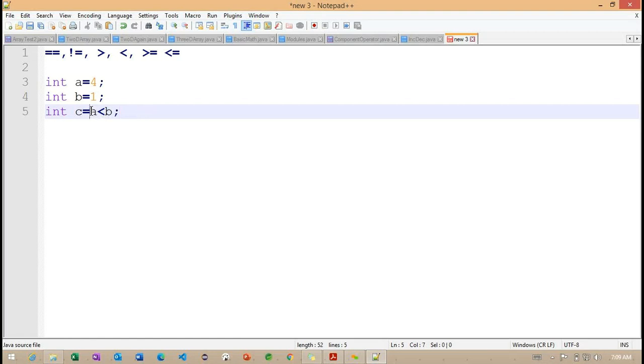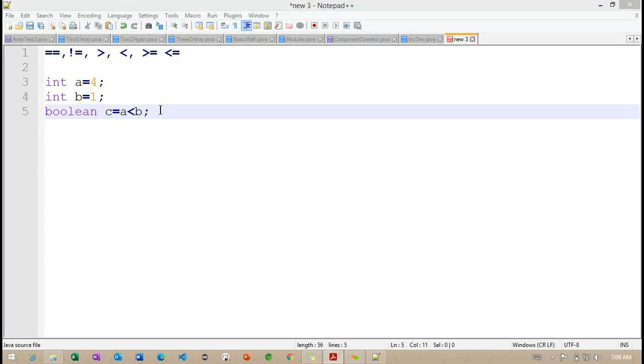All relational operators return a Boolean value, so we write boolean c is equals to a less than b. This expression returns true or false. This is a simple example.